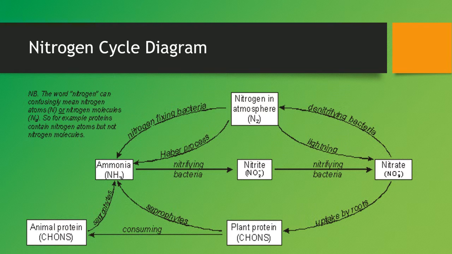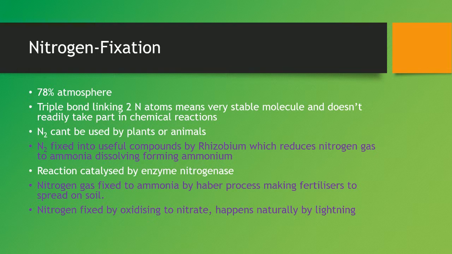So the nitrogen cycle then. For the nitrogen cycle, we start at the top with nitrogen in the atmosphere, known as N2. To start off with, we go with this arrow to the left, a nitrogen-fixing bacteria. So it can go naturally through nitrogen-fixing bacteria, or nitrification, I believe it's called, and this forms ammonia. And then through nitrifying bacteria, or this could be nitrification, we'll talk about that in